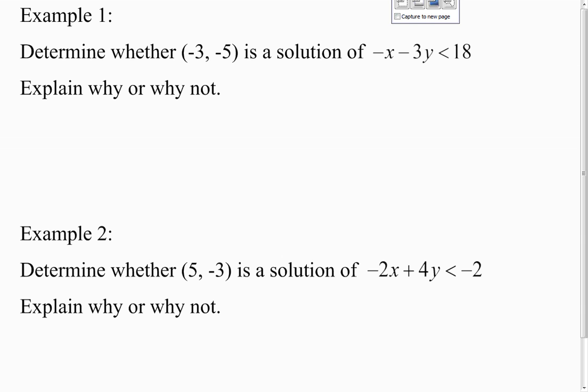Okay, we're going to practice that skill there in step 3. So first of all, we're going to determine whether or not negative 3, negative 5 is a solution of that inequality. The opposite of x minus 3y is less than 18. Explain why or why not. So this is x, this is y. So I'm going to take the opposite of negative 3. Now, if you're the person who is saying, well, it's already negative. No, you're taking